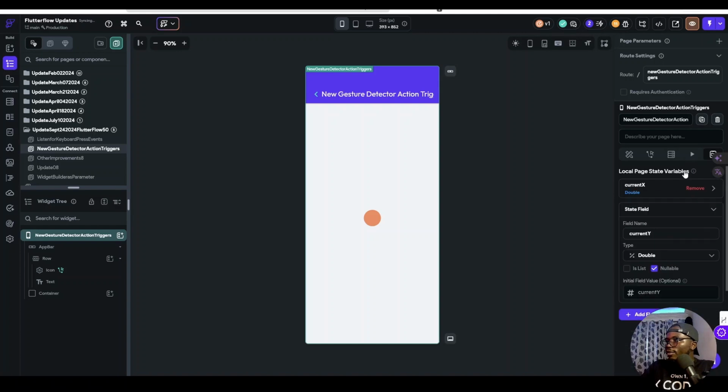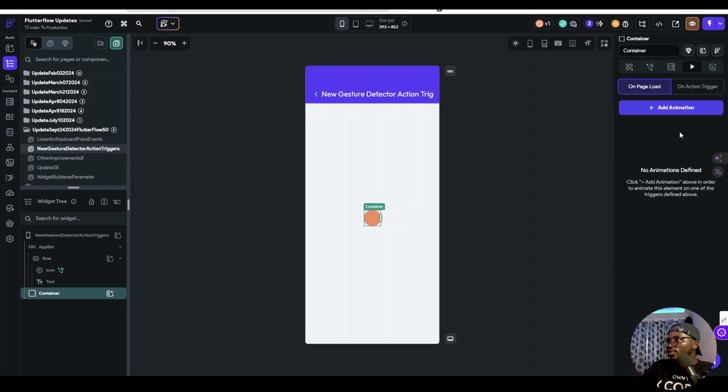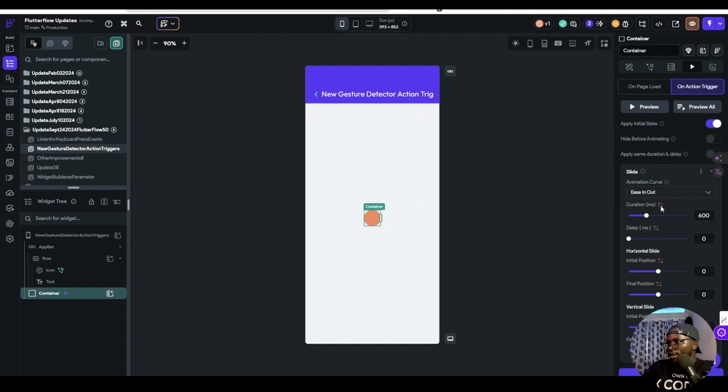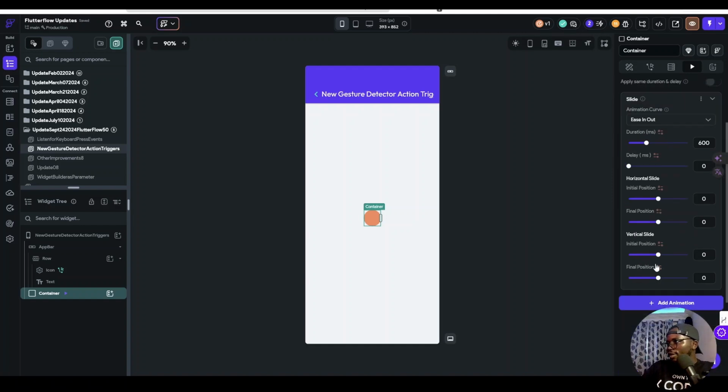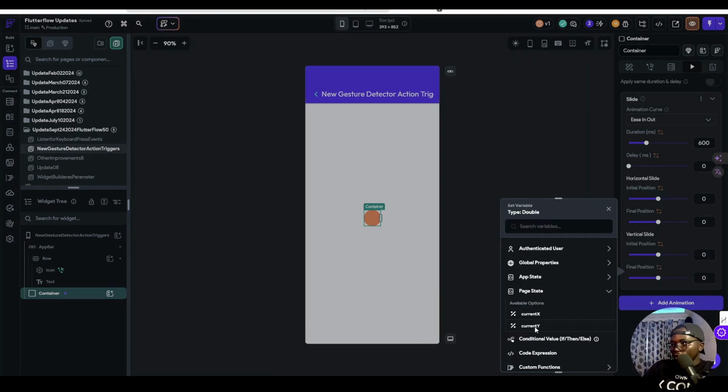Then I'm going to come over to animations. When I click on this container, this round dot that we have, over to animation, I'm going to add an on action trigger animation, and I'm just going to do slide, for it to slide from one location to another, with the duration and so on. So for horizontal slide, the initial position should be where it is, the final position should be where I want it to go. As we know, horizontal is the x-axis, so I'm going to set the final position to the page state that I have created before, current